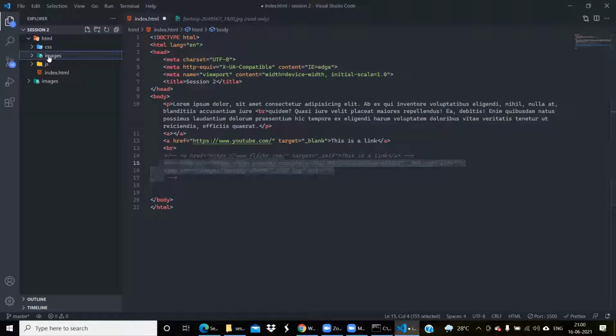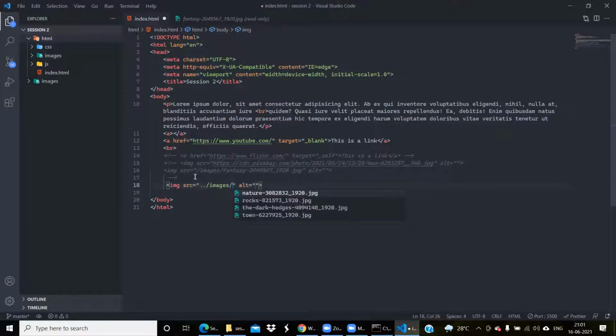So right now we were talking about these two localities, right? We considered HTML to be Park Circus. Now let's consider the Ruby area. Consider images to be the Ruby area. If you want to go from Park Circus to Ruby, you'll be moving out of that area, right? So how do we do that? Dot dot /images. Just understand this thing.